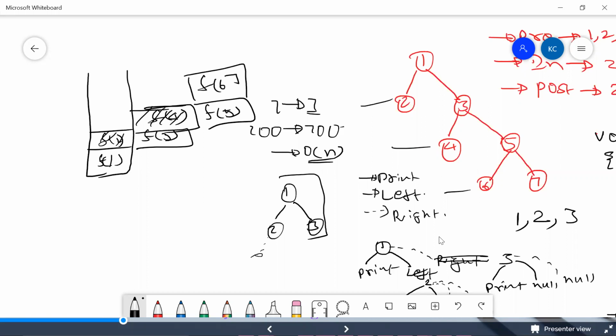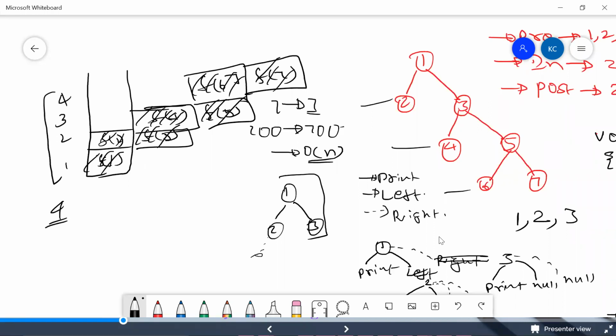Okay, something like this. And finally, this is also done. And finally, you come to f of 7. This is also done. So eventually what you will understand over here is the height of this is 1, 2, 3, and 4. So the height of the stack that is getting created internally is 4.